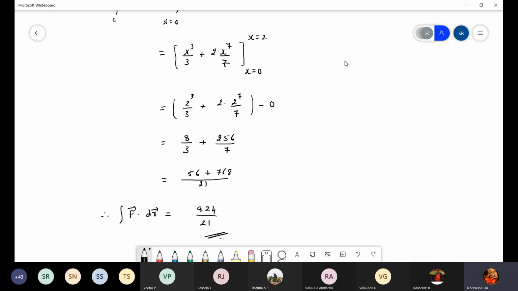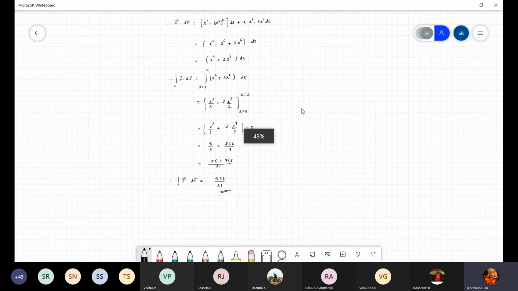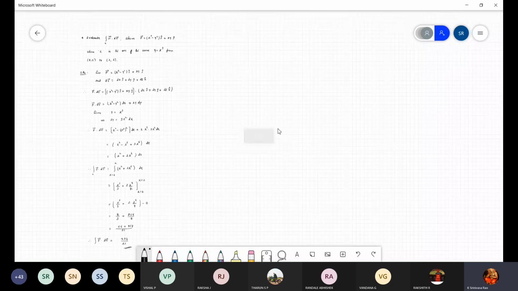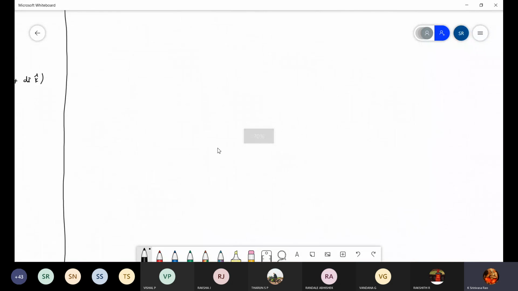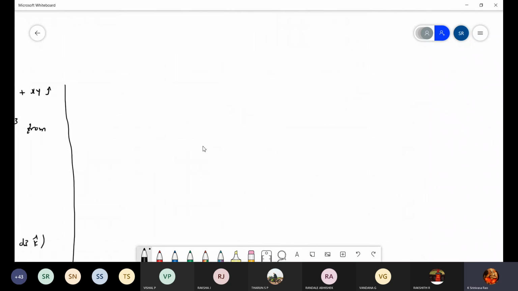Okay, so this is a similar problem. You may get this type of question in the exam also. In the last question paper problem, it's the same procedure only, but they are asking for the force, the total work done. Okay, so I will just copy the same question from the question paper. One minute. Yes, second problem.